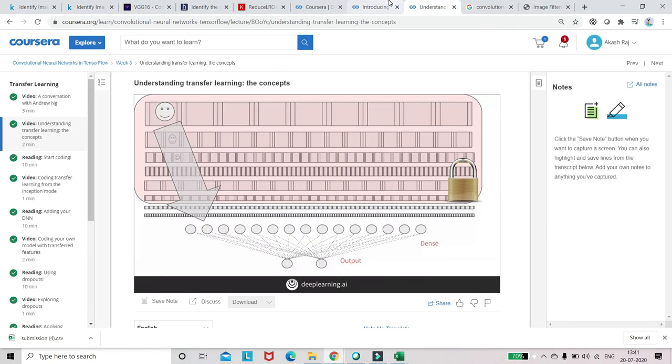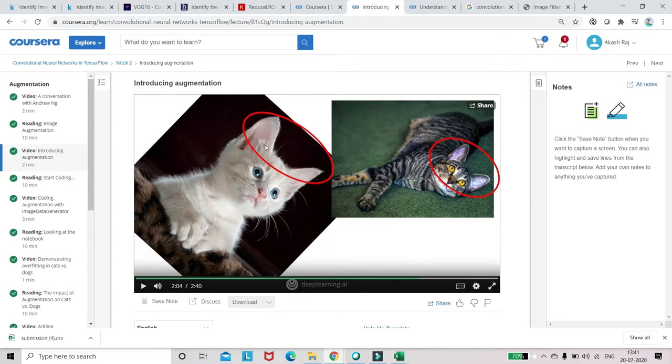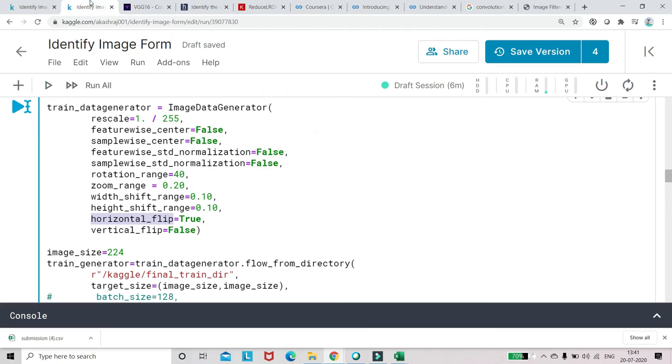So how will it help us? For example, this cat has ears upright, but the image was in the horizontal format. But in my test data, this kind of image is there. So my convolutional neural network won't be able to figure this out. But if my training data has an image which is slightly rotated, it will match with this image, and it will perform very nicely. So this is the benefit of image augmentation. We can improve our accuracy very much using image augmentation.